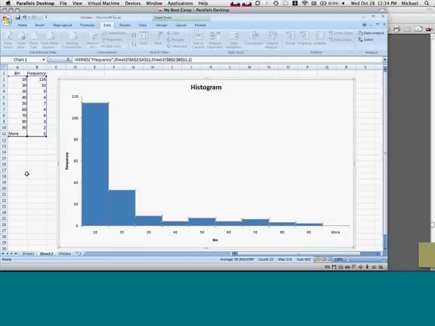So here we go. This is a perfectly nice histogram created inside of Microsoft Excel. And as we can see here, the majority of countries are concentrated in this 10 computers per 100 people or less range. So on the list that the UN is using, there's probably a whole lot of poorer countries, or less affluent countries would be the better way to describe it, that have fewer computers per population, per 100 people.